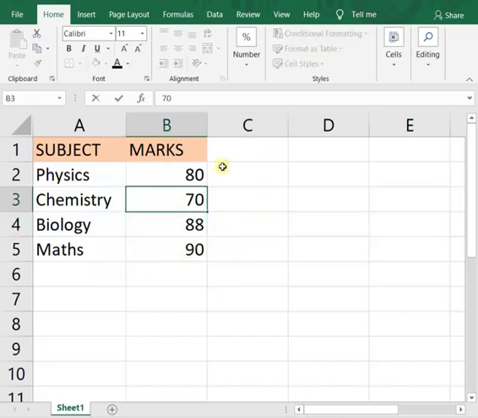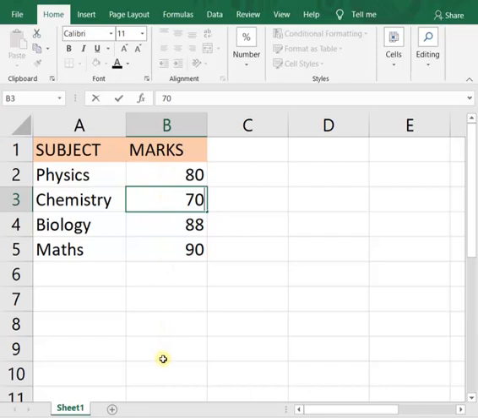Now suppose we want to insert a column. Similarly, like a row, we can insert a column also. Between subject and marks, if I want to insert another column, then we have to select this column B, that is the marks column, because whichever column we select, on the left side of that column we can insert a new column.